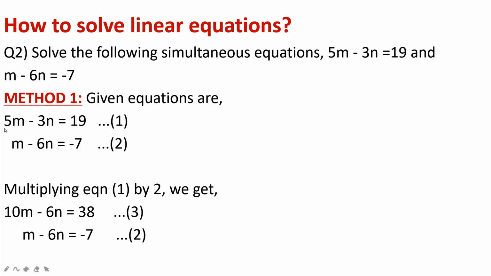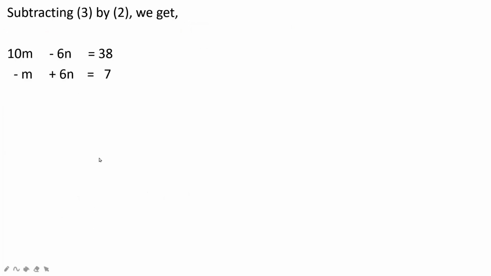But what I prefer is to select the simplest equation. Why? Because if I substitute the value of 5 over here, this number will become 25. If I substitute 5 over here, then this number will become 50. So we are getting bigger numbers, and when we have bigger numbers, this may lead to mistakes in your calculation and you might get wrong answers. So that is why I always prefer to take the equation which is the simplest and which will not lead to any mistakes. So we will go ahead and use equation 2.